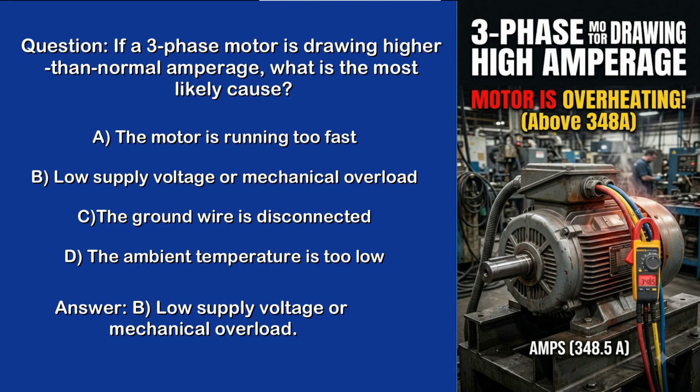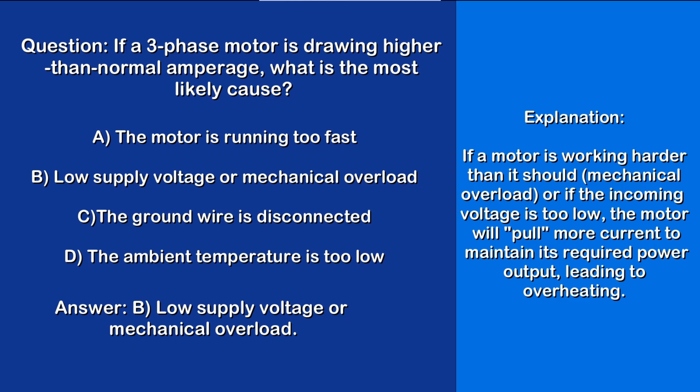Answer. B. Low supply voltage or mechanical overload. Explanation. If a motor is working harder than it should, that is mechanical overload. Or, if the incoming voltage is too low, the motor will pull more current to maintain its required power output,